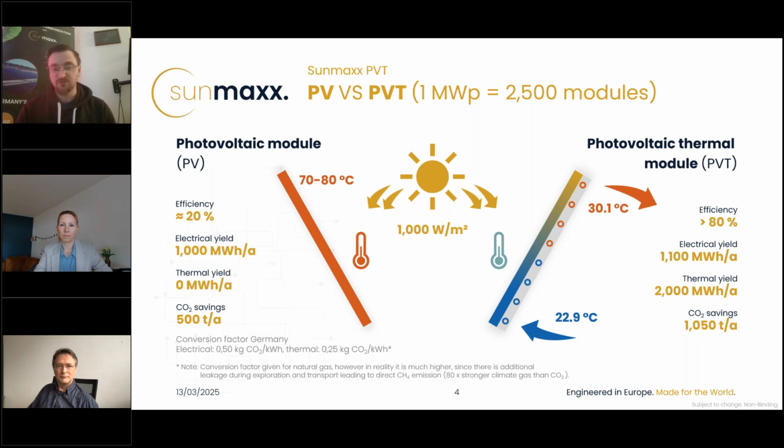So a huge difference to a normal solar thermal collector. We are not raising the temperature to high temperatures of 80, 90 degrees. We are staying in the lower area. And with that, we have some positive things. The first one is we have 5 up to 10% more electrical gain compared to a normal PV. And we can use this low temperature not directly for the buffer tank, but we can use this thermal energy as a heat source for the brine heat pump.